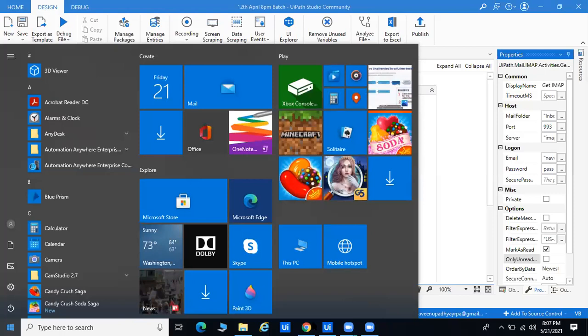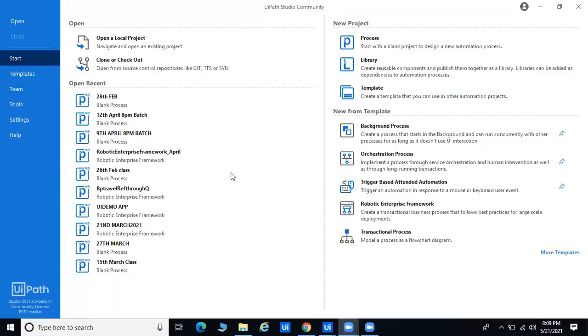Okay, so I've already opened UiPath, but right now, especially for you guys, I've launched the UiPath, and let me show you from the basic part. We already launched this UiPath.